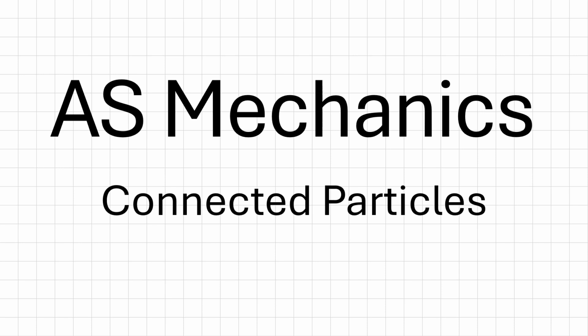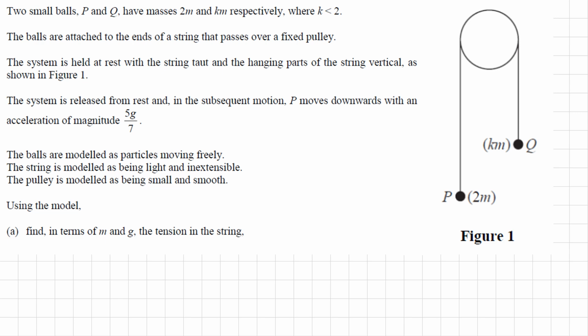This is an AS Mechanics question on connected particles. Two small balls, P and Q, have masses 2m and km respectively, where k is less than 2. The balls are attached to the ends of a string that passes freely over a pulley. The system is held at rest with the string taut and the hanging parts of the string vertical, as shown